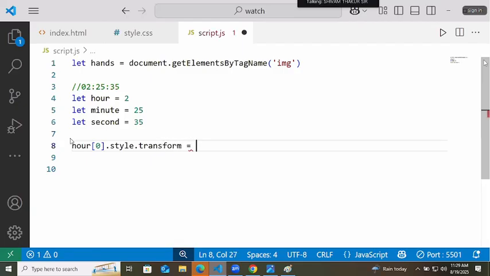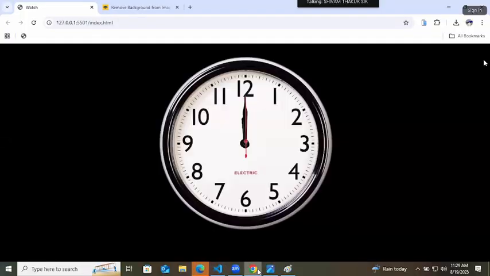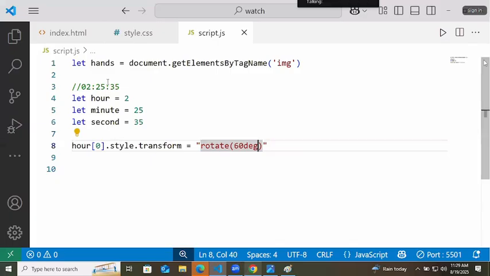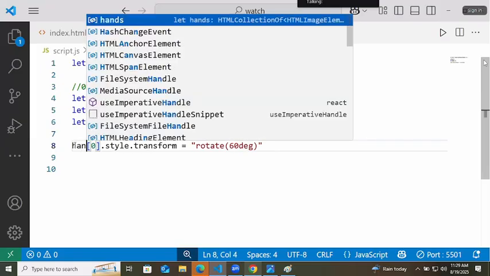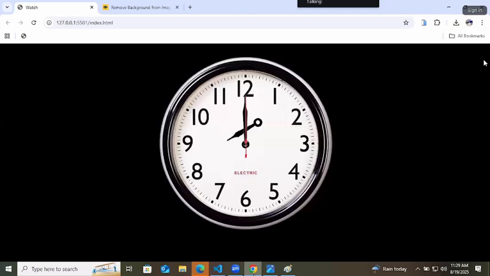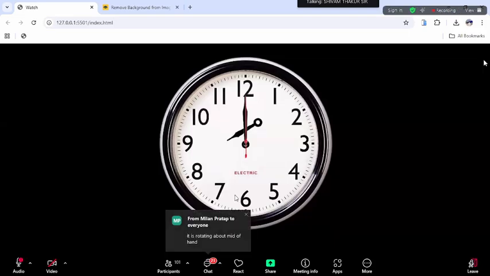equals rotate, and rotate by 60 degree. We will just check one by default, hands. That is the issue. This is the reason, because we are rotating them with the help of CSS also.